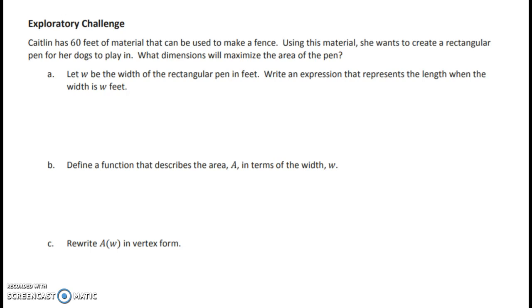So the things we know is that we're going to have W be the width, and that whatever the length is,